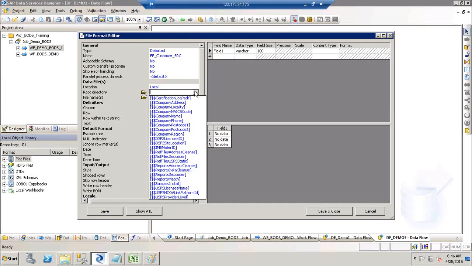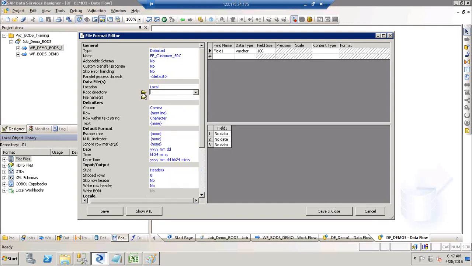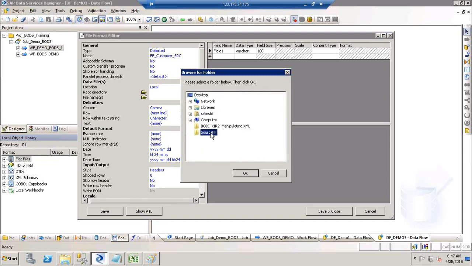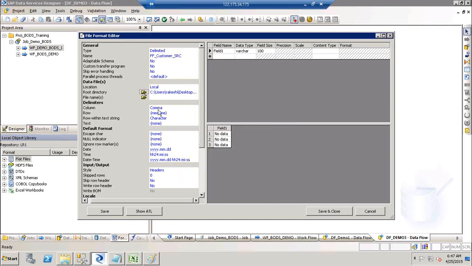You'll see the parameters and global variables. We'll talk about them a little later. So to select the path, click on the folder icon here, right? You will see your folders on your desktop. So this is my folder where my file is present. Click on OK, and again click on the file name,